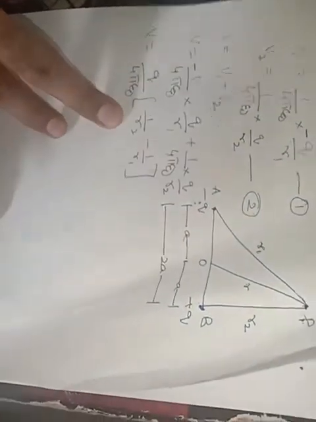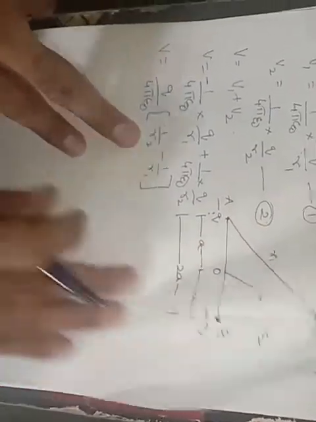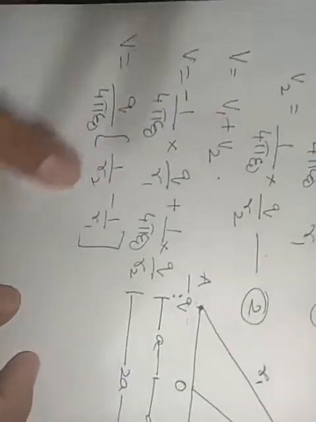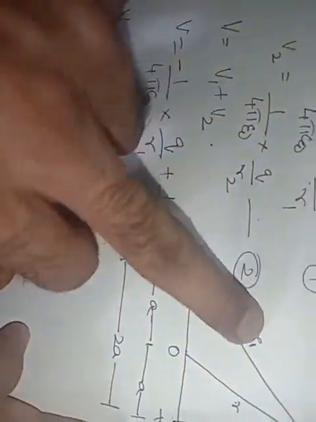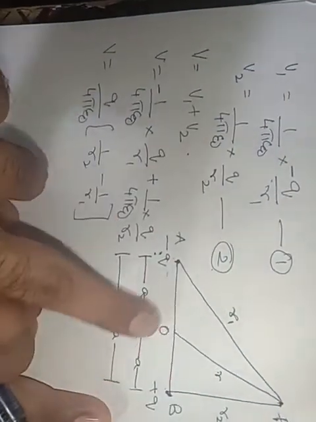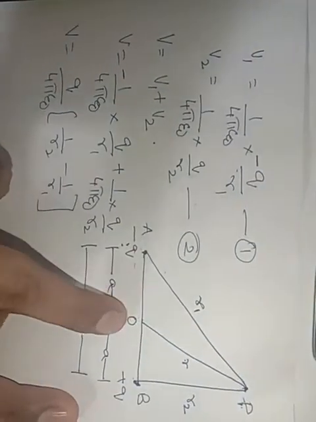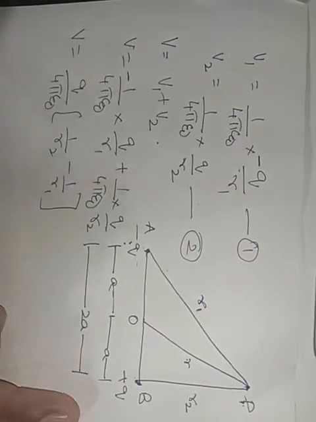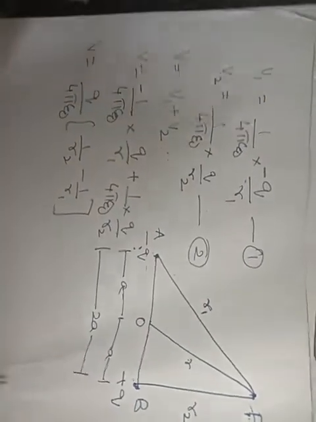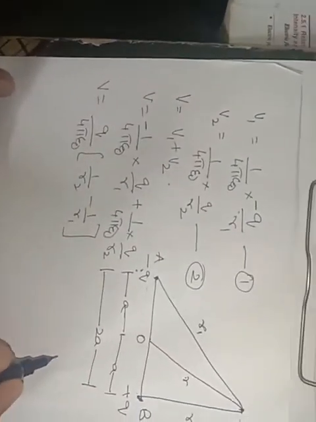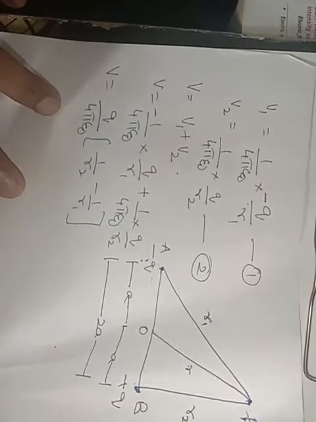Now in the second phase, what do you have to do? We have to calculate the values of R1 and R2, because R1 and R2 are unknown. We have to calculate R1 and R2 with respect to OP. To calculate R1 and R2 with respect to OP, we have to do a little bit of drawing. So what will the drawing be here? I will just tell.